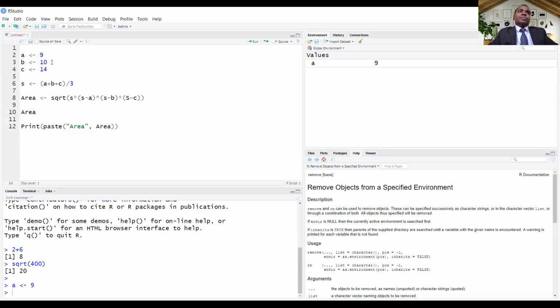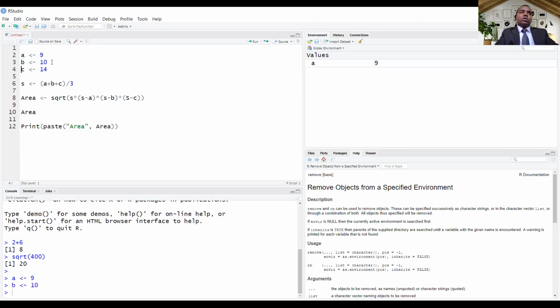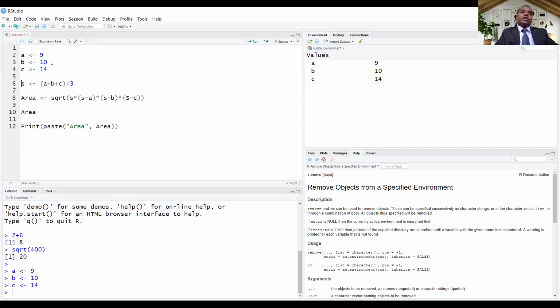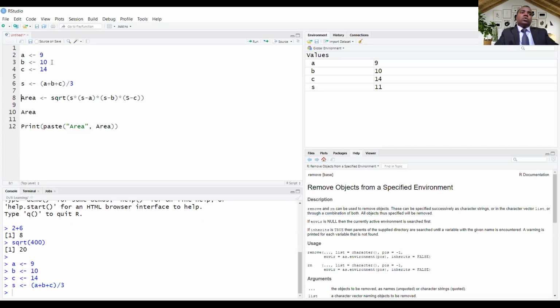You can simply press Control and Enter to run the code. b is assigned 10. Similarly, c is assigned 14. And then we are calculating s, so we have also assigned the value of s.